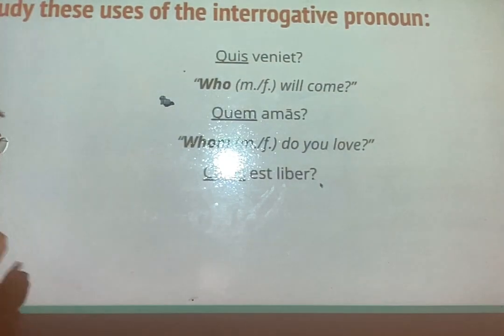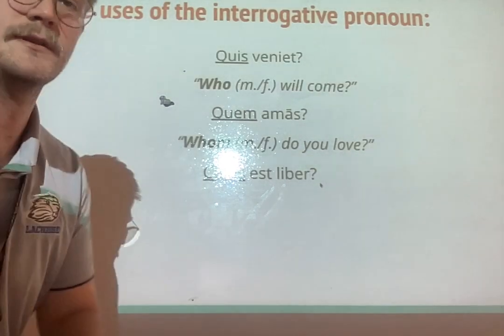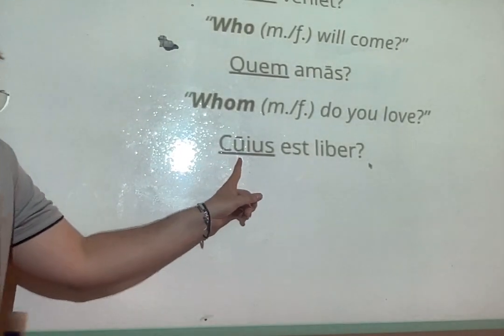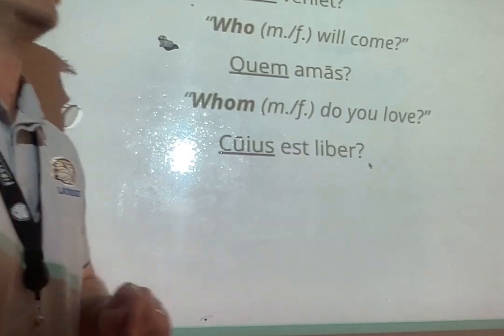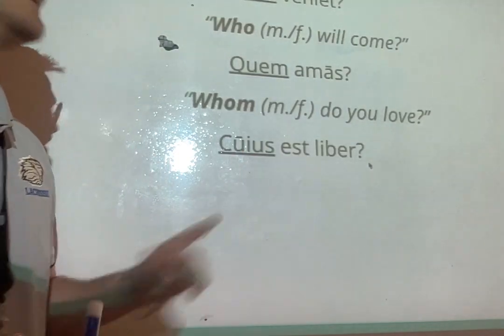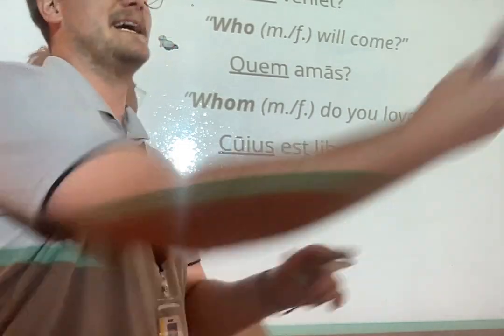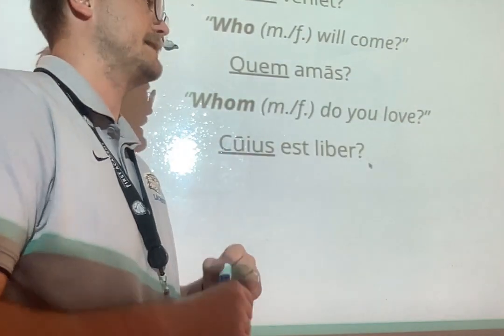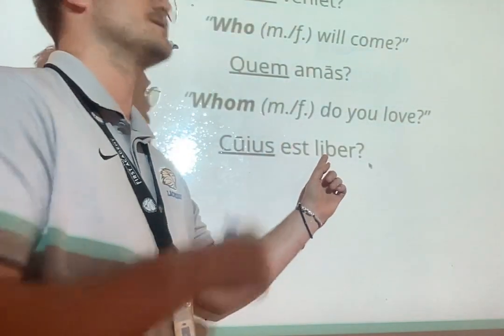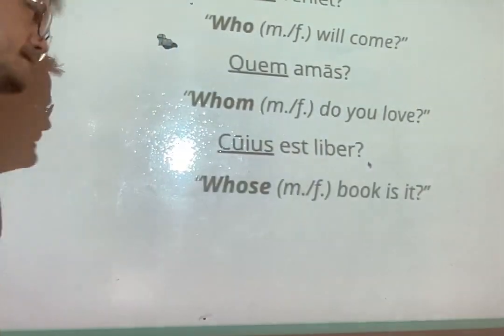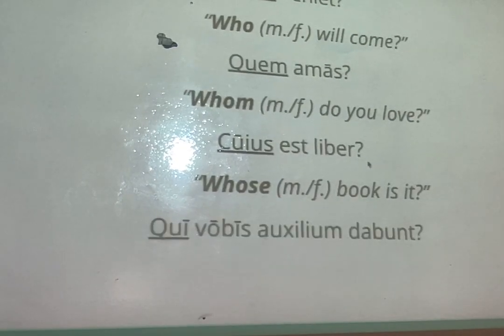What about that one? What is this, case-wise? Oh, they can't see it with the thing. It's cuius. Can y'all see it now? Good. Yeah, it's genitive. So how does the genitive always translate? Whose. Whose book? Liber would be free, like the adjective, but that's with a macron over the I as well. This is just liber, where we get library from. So whose book is it? Whose book is that? Yeah, once again, could be masculine, could be feminine, whatever.